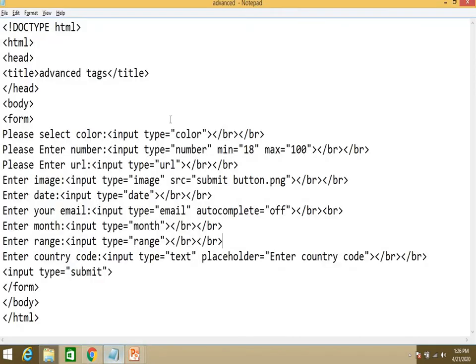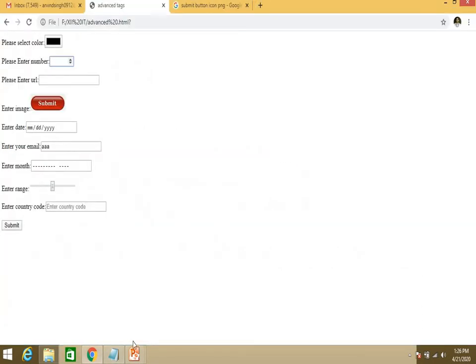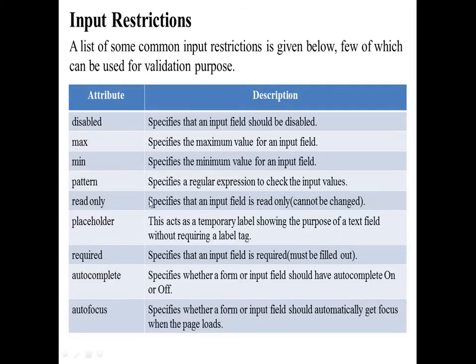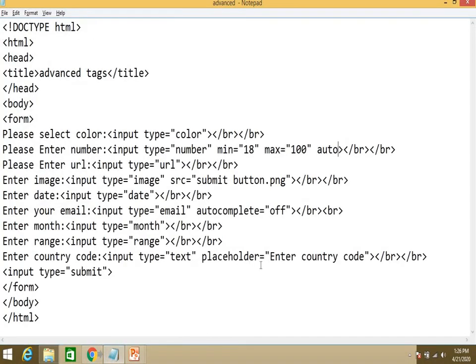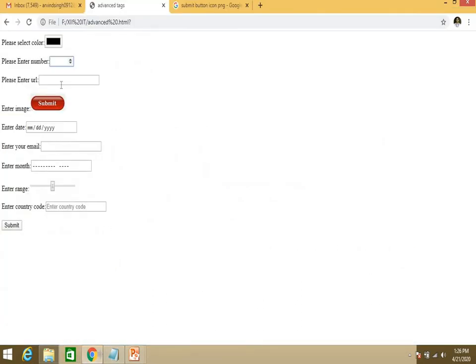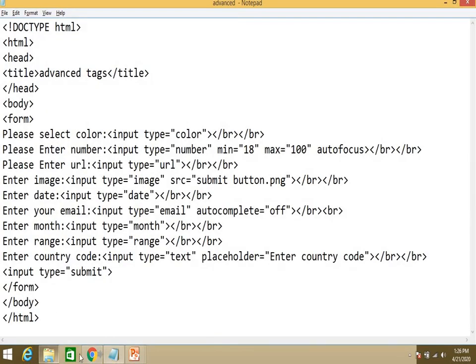So there you have to write autofocus. Focus should be there, so let's see, your focus will be here.